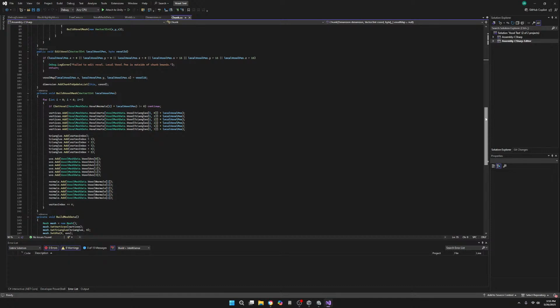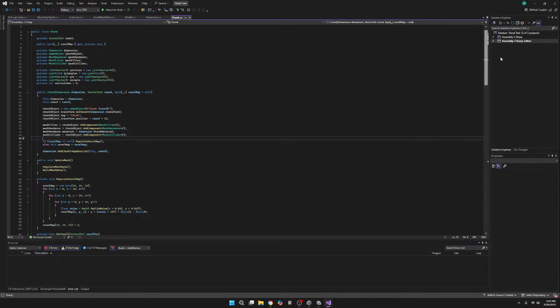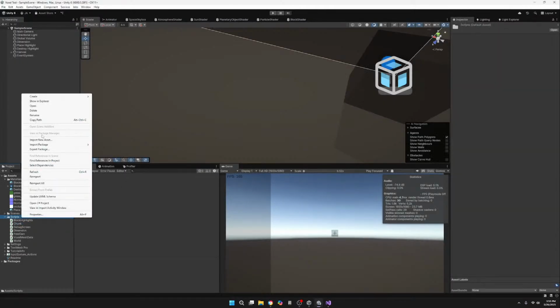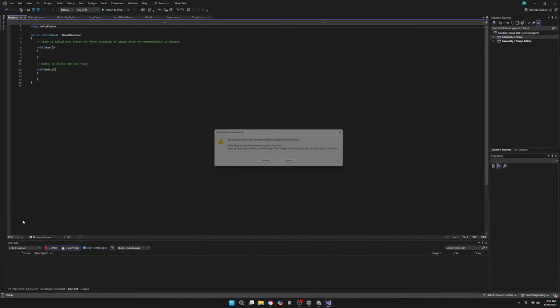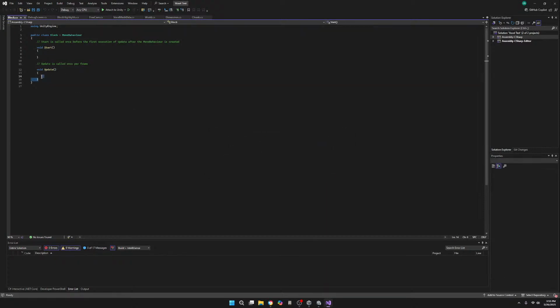But I think that's a little too complex right now. So instead, maybe we do a block class. Call this block. And this is also not MonoBehaviour, but System.Serializable. Then this will get a public string type ID,